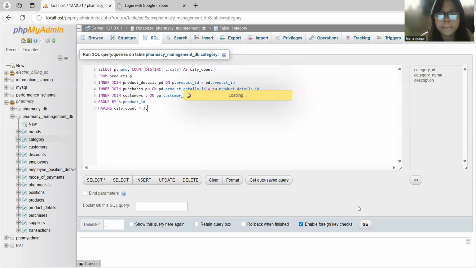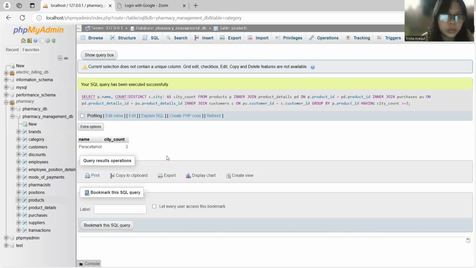Let's try. Okay, so the product name is paracetamol and it has a city count of